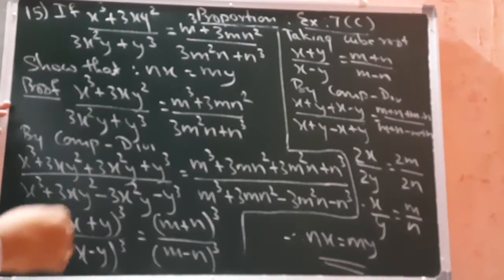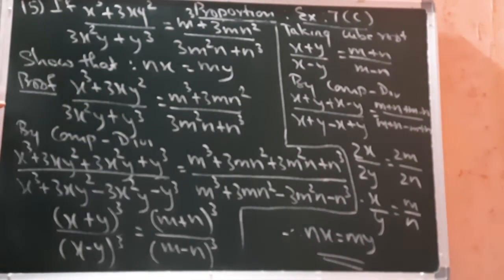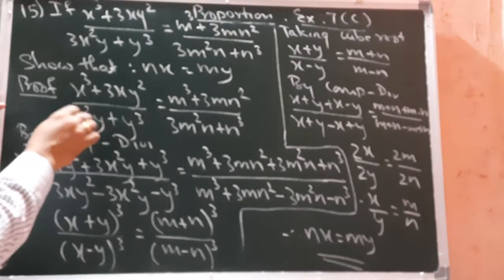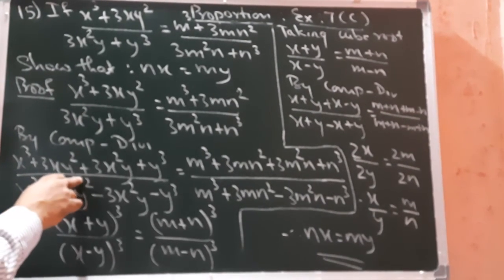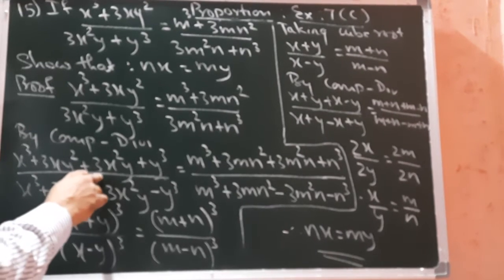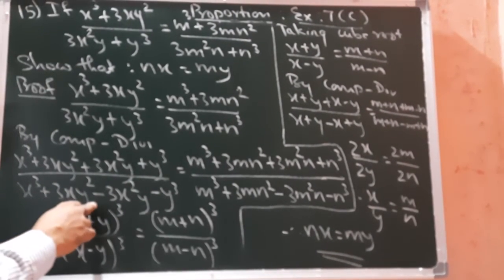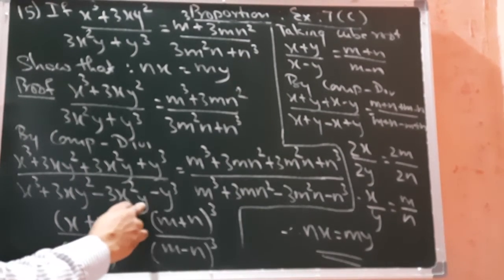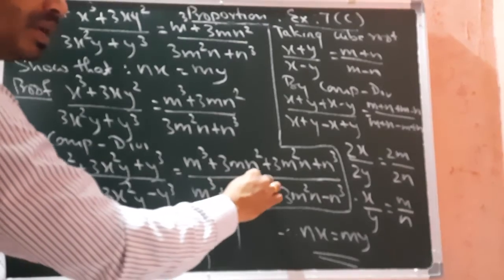So if I use componendo dividendo, the denominator will be added to the numerator and the denominator will be subtracted from the numerator. So x³ + 3xy² + 3x²y + y³ upon x³ + 3xy² − 3x²y − y³ is equal to